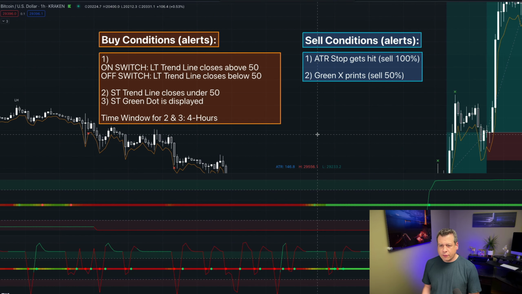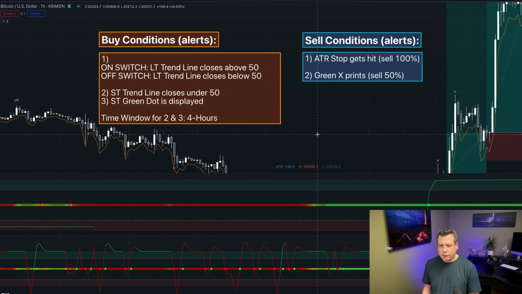And basically what you're going to do is you're going to create a separate alert for every one of these conditions. And because that's how the bot works. It takes in all of these alerts, and based off of the time windows and everything that you're telling it, it's going to go ahead and automate buys and sells on the exchange based off of those rules that you set. So for example, for our buy conditions, we're going to set what we call a group on switch,